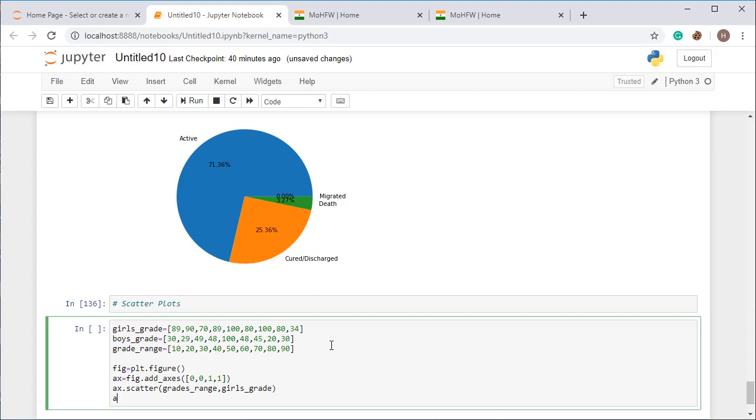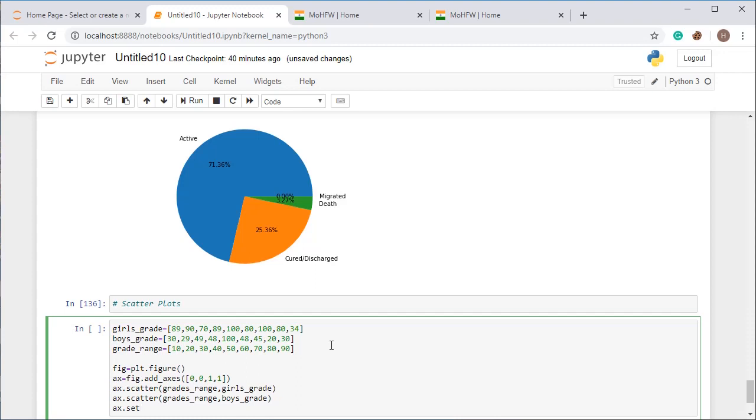All right. So ax dot scatter and then pass grades range and then use the boys grade. All right. So when you are going to plot these graphs, you are going to get the values. Now I am going to set the label.